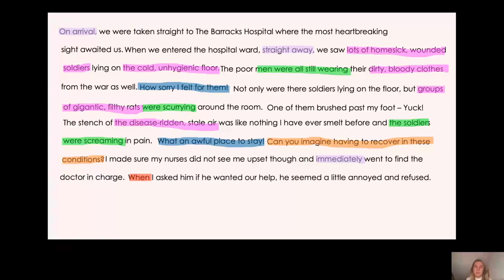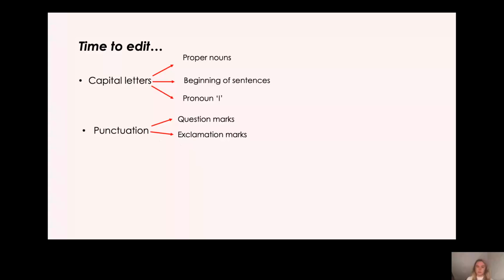Okay, year 2, have you all written your first paragraph of your letter? Fantastic, well done. So now, as I said, we are going to try and improve our paragraph. Now, I showed you how to do this last lesson, so I'd like you to have a go on your own. I'm going to tell you each thing that I want you to look for. So these are the things that we're going to be looking for.